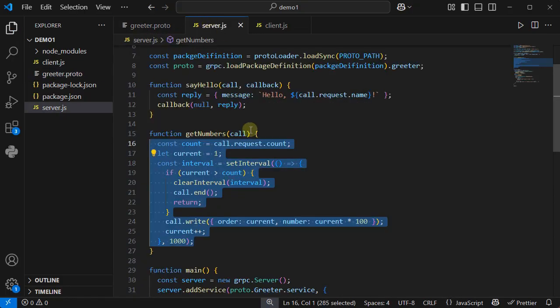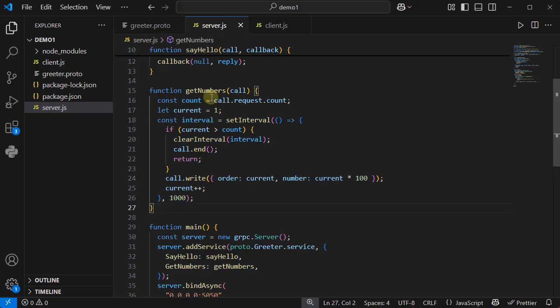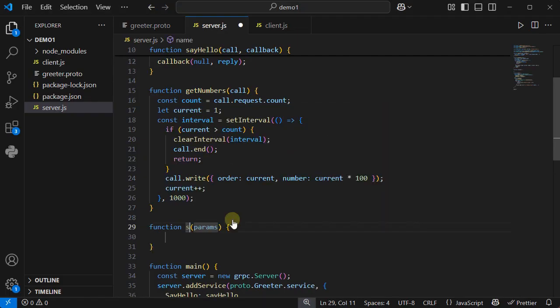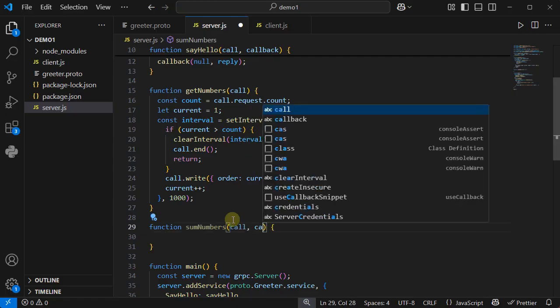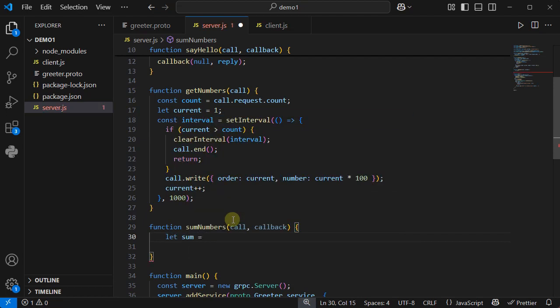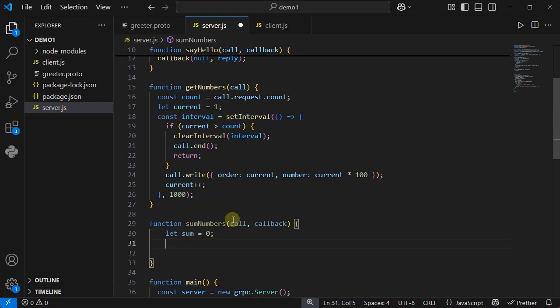And inside the server, again, we need to implement the SumNumbers function. Here I'm going to create a function named sumNumbers. And again, here we have two parameters, call and callback. Inside this function, first I'm going to create a variable named sum. It's equal to 0 at the beginning, and then just like what we did for streaming from server to client, we need to wait for events, data events, and end event here. So I'm going to say call